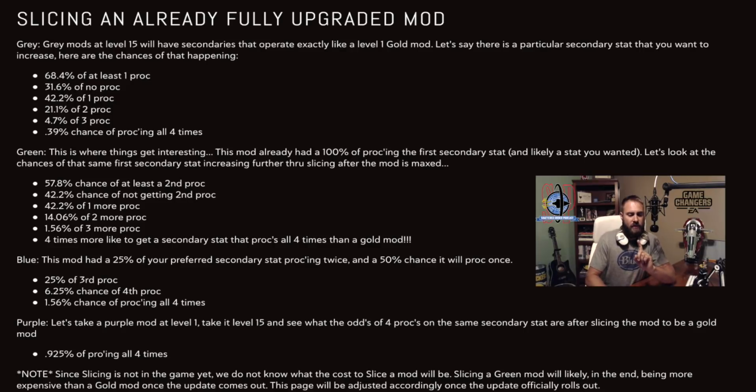Now, that 1.56% chance of 3 more increases would be the exact same as having a gold mod that increases all 4 times. So if we look back at the gold mods currently, there's a 0.39% chance of it increasing all 4 times. With a green mod